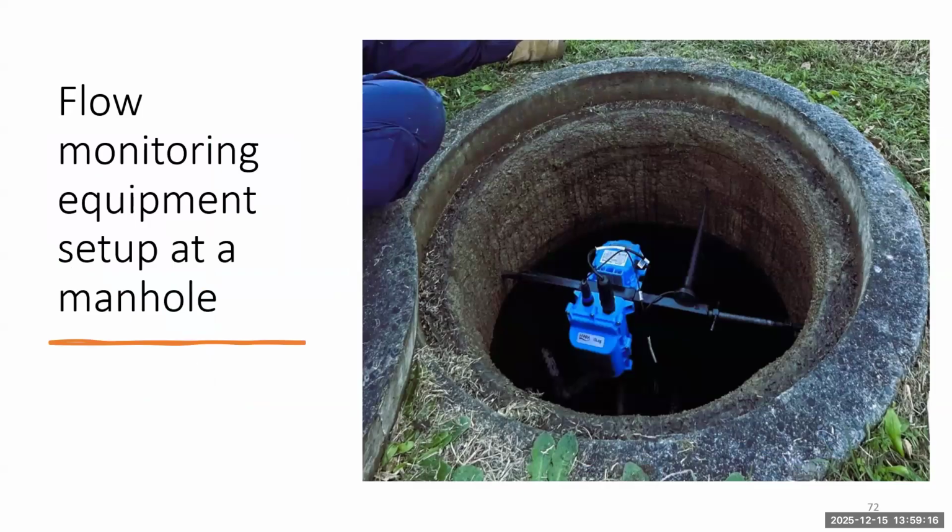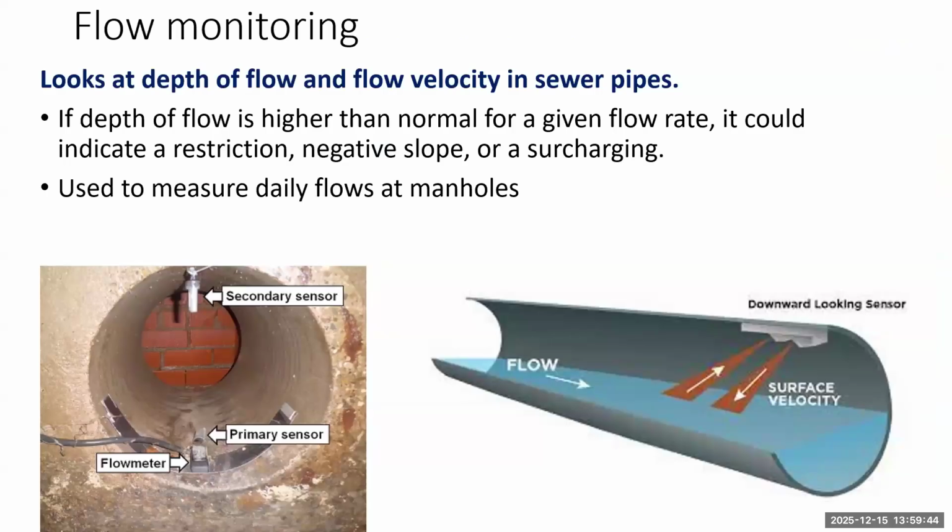And this is an example of some instrumentation. Typically, what is used is ultrasonic equipment to detect the level in the manhole, and ultrasonic equipment that measures the flow velocity in the sewer at that point. And then you can get a flow. There's other data too, like how high in the manhole water is raising. But in general, we have a sensor that points downward, that tells you the level of the flow.